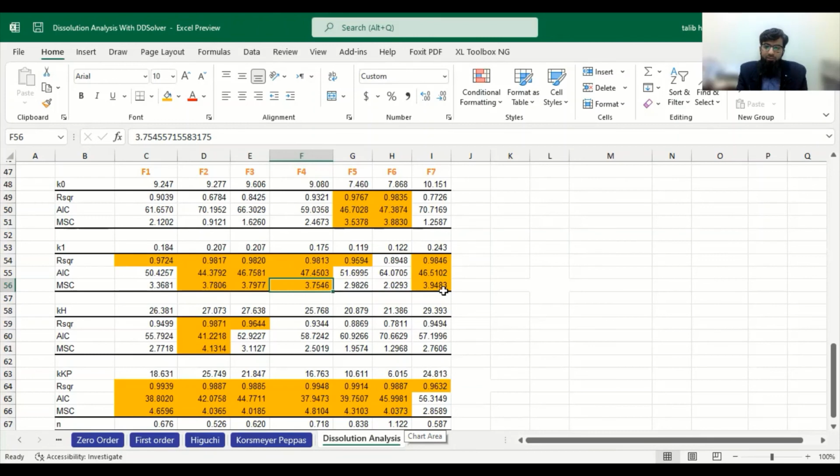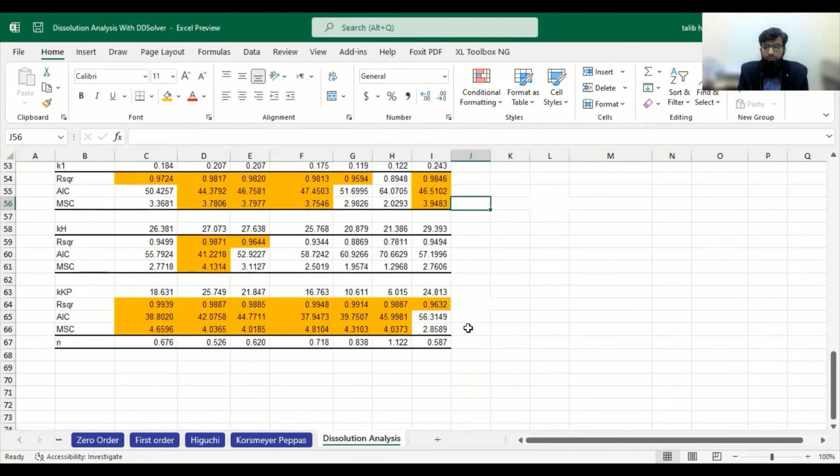For F7, you can see only K1, for example, the first order model is suitable. Neither Korsmeyer-Peppas, nor Higuchi, nor zero order model is suitable. So it is purely a concentration dependent system, which is not a hydrogel, purely not a hydrogel, could be a hydrogel.